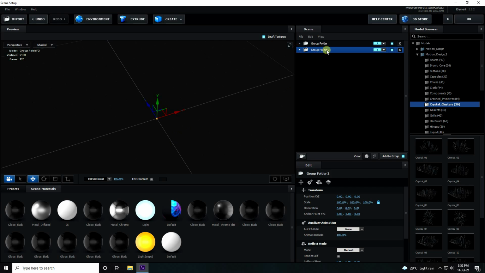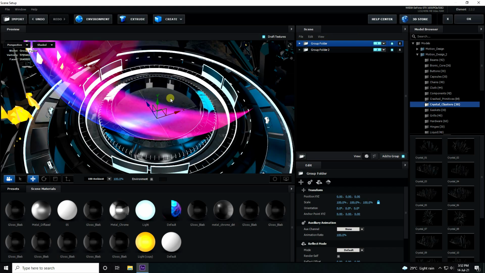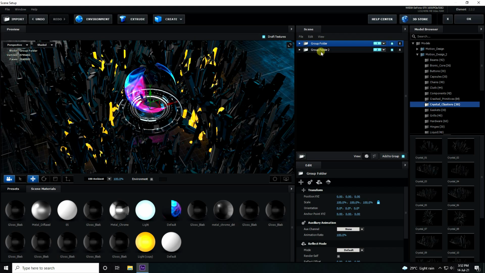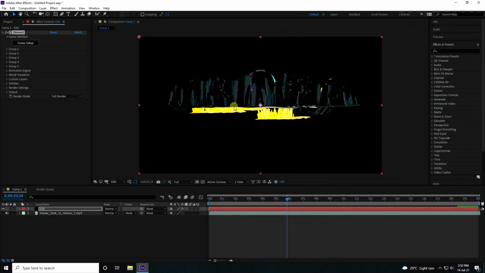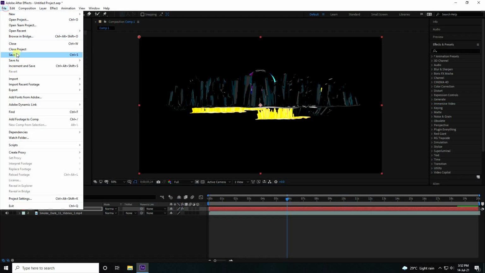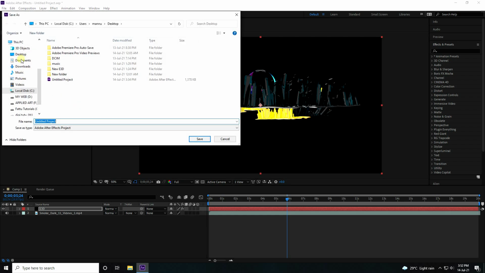And change group 2 like this, yeah, simple, right? See guys, that's my first group and that's my second group, right? So press OK, yeah, and guys, most important part, save your project,